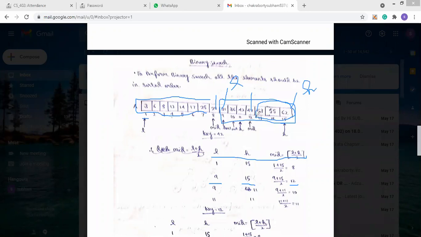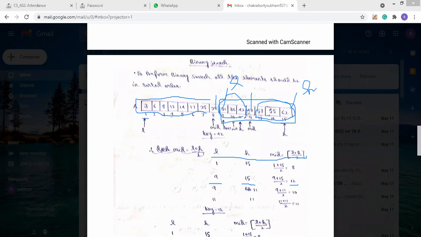There is no need to check these values because we are searching for 42 and 42 is less than 47. So we only have to search in this portion. In these 3 portions, we can find the value.